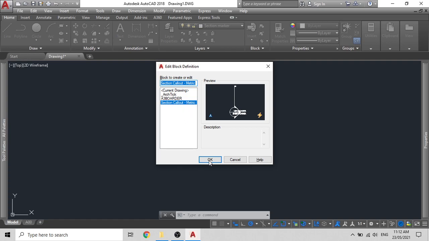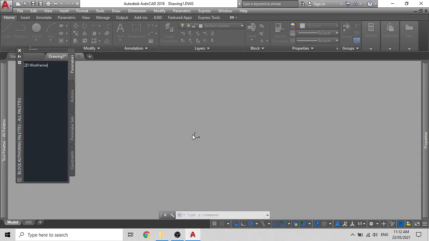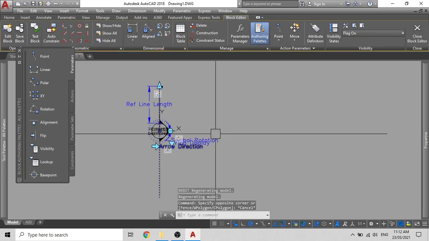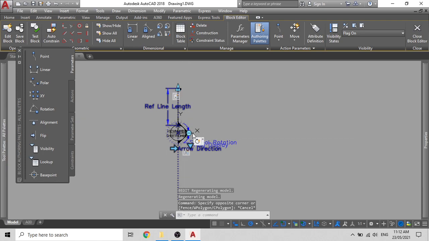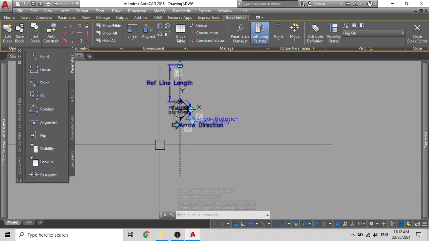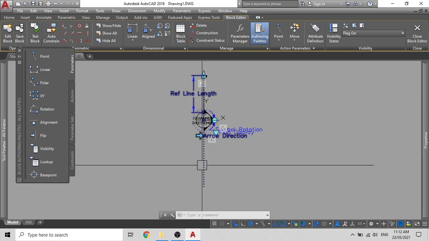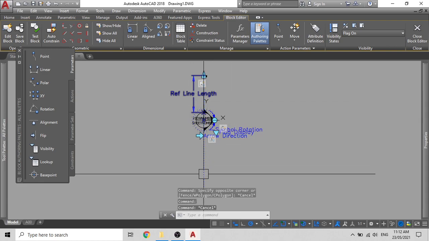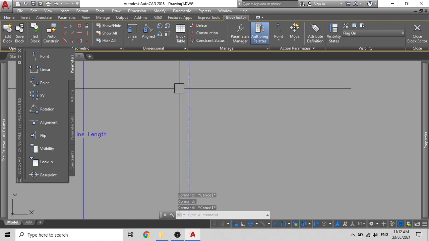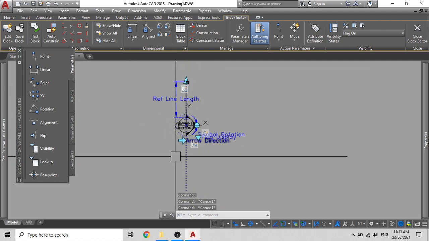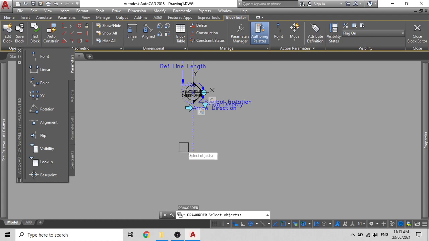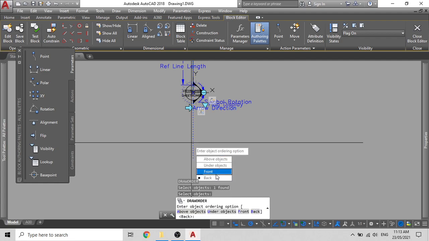Click on OK. Once in the block editor, you will need to make a few minor changes here so that it looks neat in an architectural drawing. Now, when you open this block for the first time, you will see that this parameter or this action is actually above our line and it's not letting us select the bottom line. So what we can do is type DR for draw order, select your command, click on the object and press enter. It will give you 4 options.